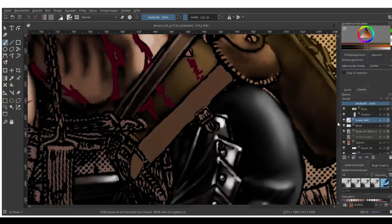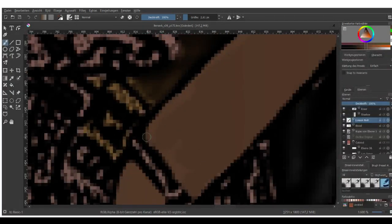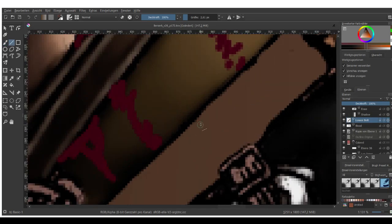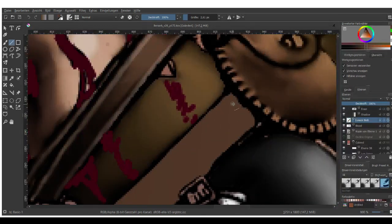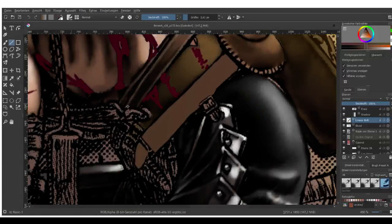So I think this should be mostly done. Just gotta add some. It's a little bit wonky at some spots. I guess I could just use this tool here to, yeah, that looks better. Get a smooth area. Okay, right. So this is done, and what we're going to do now is pick the wand tool,